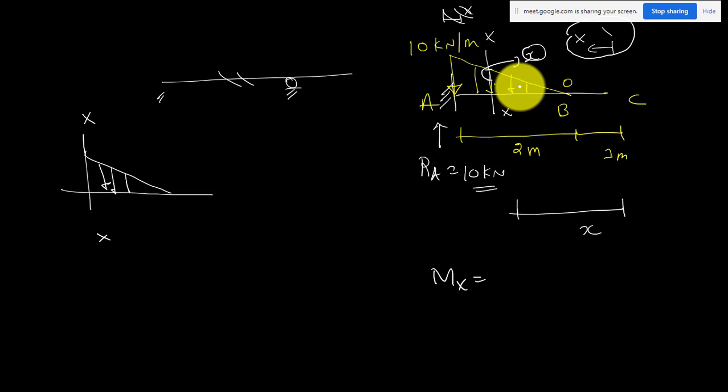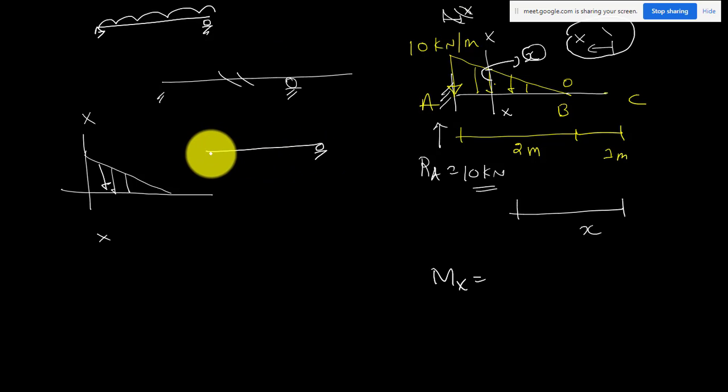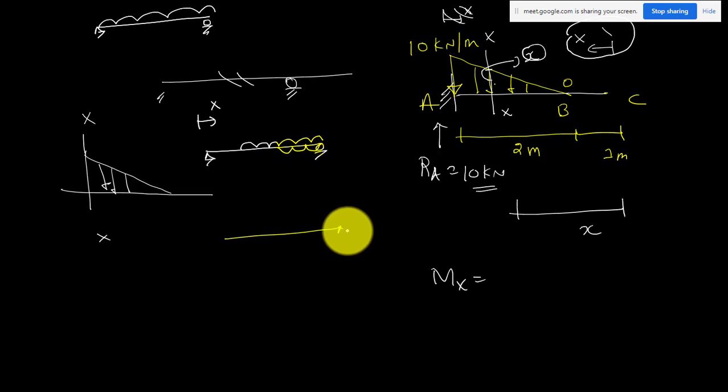But what does continuous mean? Continuous does not mean that you should have this loading in the entire span. Suppose I have a beam, and suppose the loading is like this. Once you are going to write your equation from x, and once your load starts, it should be there till the end of the beam. It can be like this. You can take it as a continuous load, as long as you are writing your equation from this end.